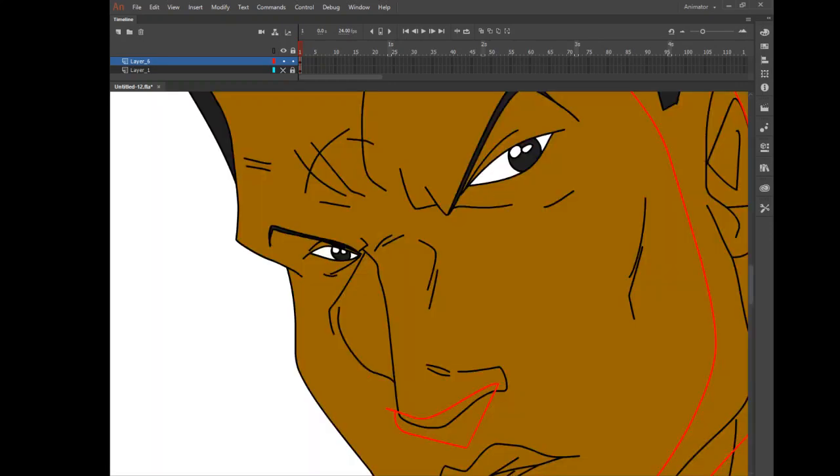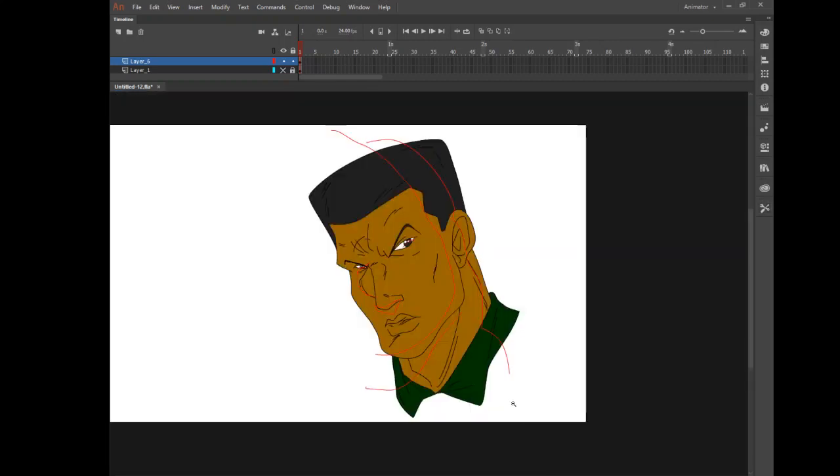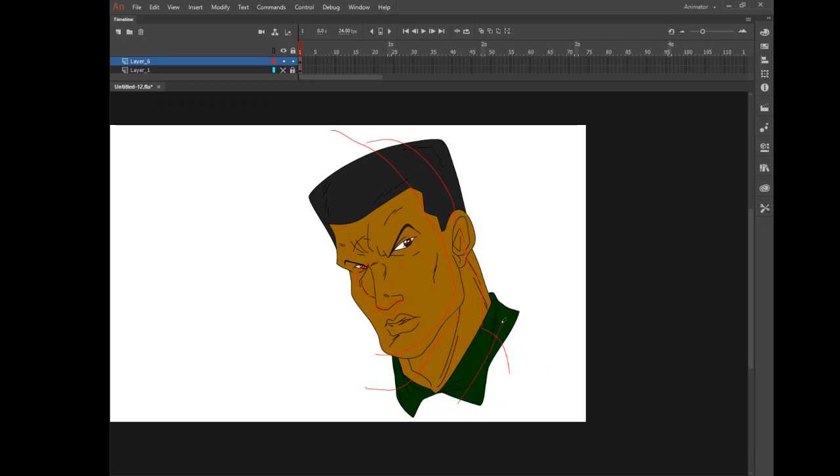But this is not going to be too detailed in shading, just to give you guys a kind of brief little lesson in it. And I could do the eyes. I could do the eyes too. All right. Once you've got pretty much, let's see, shadow can come down there too. Once you've got pretty much your stuff set up,